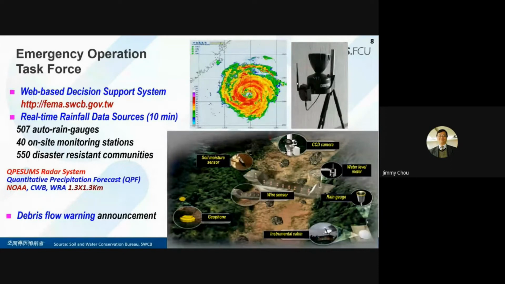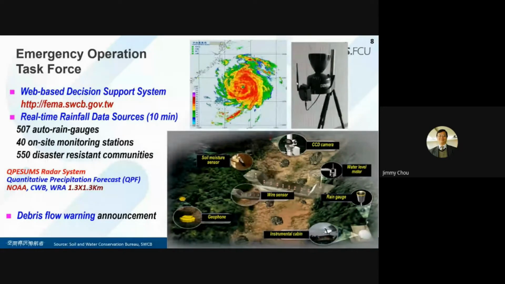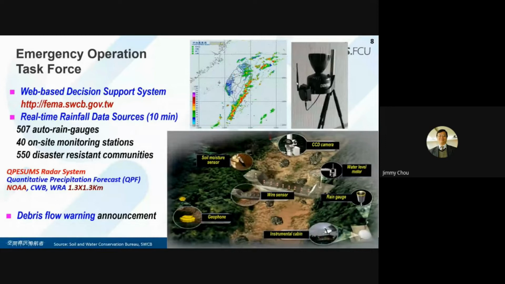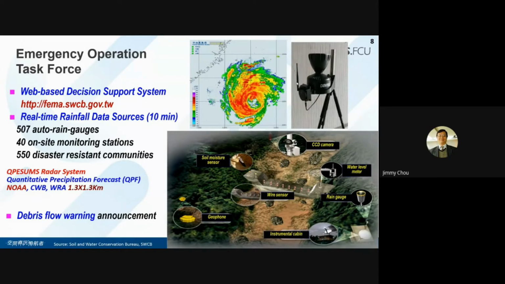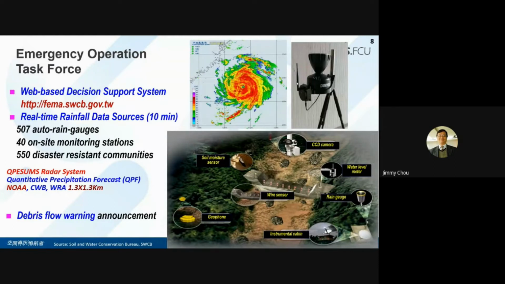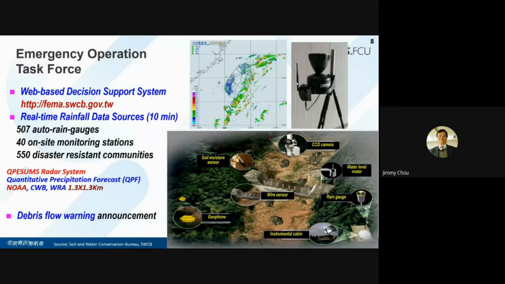So this information includes, for example, NOAA satellite information and also some information from other countries, like the US, Japan, even mainland China. So the Central Weather Bureau will announce a prediction for rainfall, and it can be very small scale, down to each village. So each village will receive a predicted rainfall amount for the next 6 hours, next 12 hours,